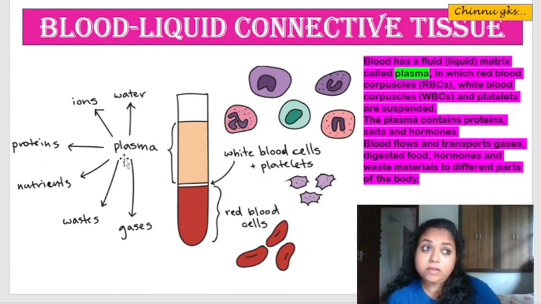We also know about some serious illnesses where plasma is required. So we go for a plasma transfusion too. You can understand what's the importance over here. Since there are different kinds of ions, water, gases and minerals present, we need plasma. Talking about the second part of the blood, where you have the solids.